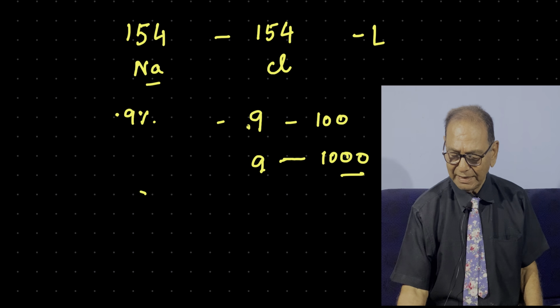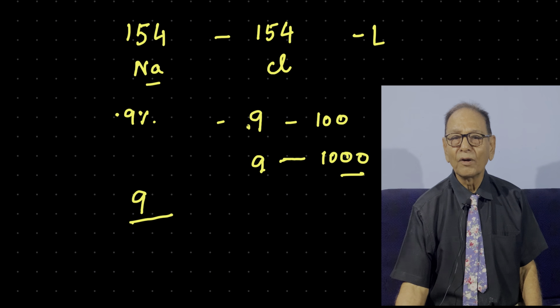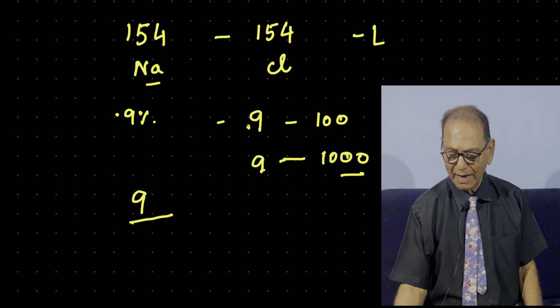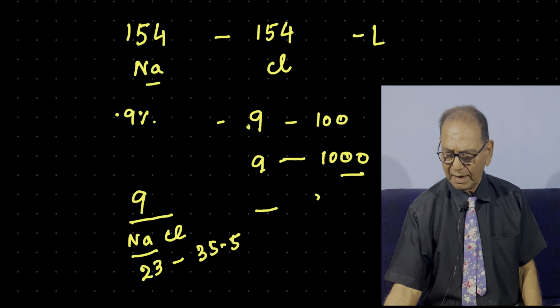So 9 grams in a liter, you have to divide it by the gram molecular weight of sodium chloride. From the knowledge of chemistry, we know NaCl, the sodium has an atomic weight of 23, chloride has an atomic weight of 35.5. So together it comes to 9 by